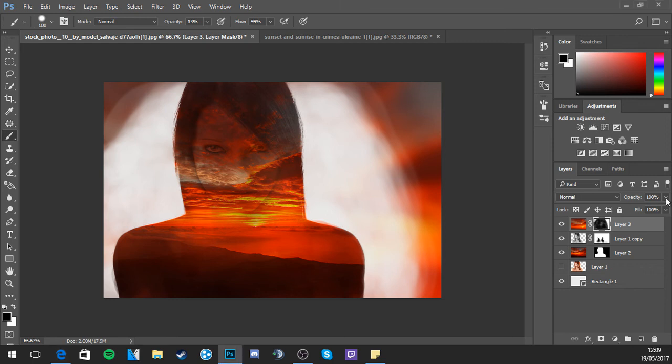Oh yeah, sorry. Reduce the opacity. Apparently it's called a vignette or something. I'm not really sure what that is. I don't really care about increasing the contrast or whatever. I'm happy with how it is. But yeah, that is pretty much it.